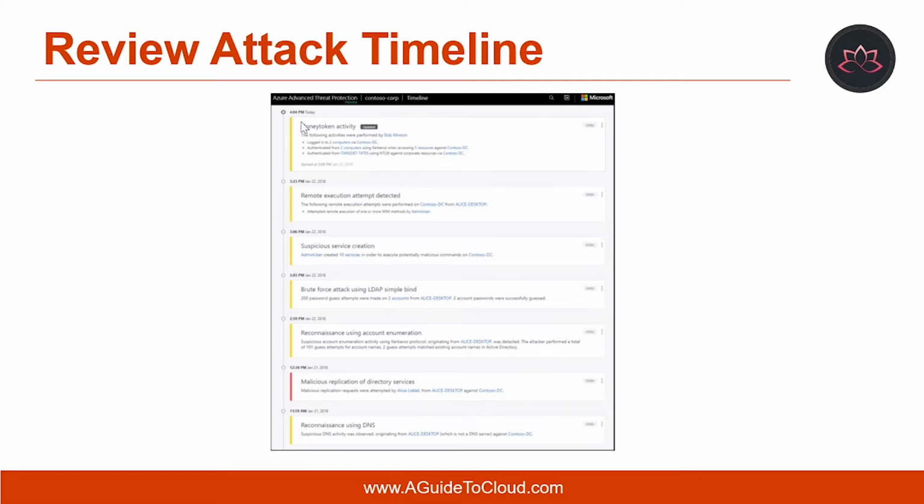Each security alert has the following information: entities involved including users, computers, servers, domain controllers, and resources; the time frame of the suspicious activity which initiated the security alert; the severity of the alert, which is either high, medium, or low; and the status, which is open, closed, or suppressed. You will have the ability to share the security alert with other people in your organization via email, or you can export the security alert to Excel as well.